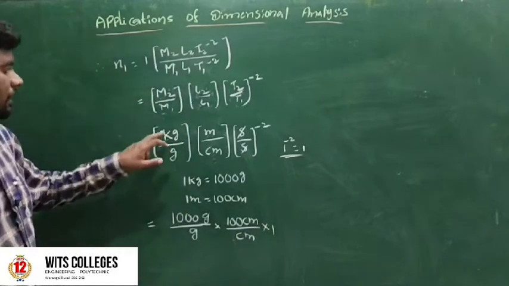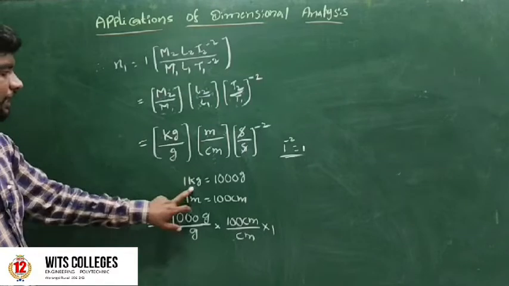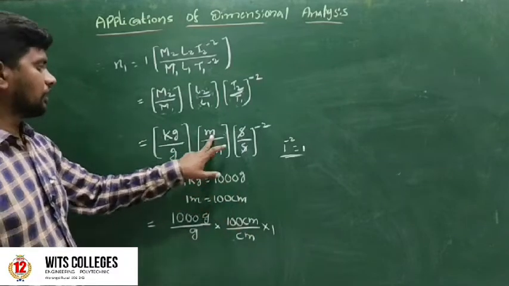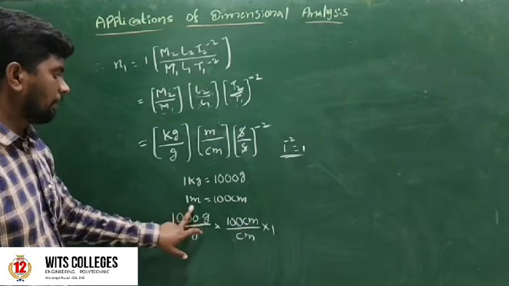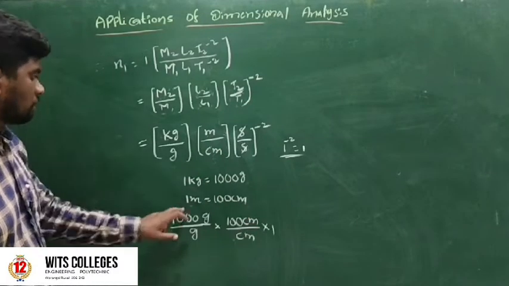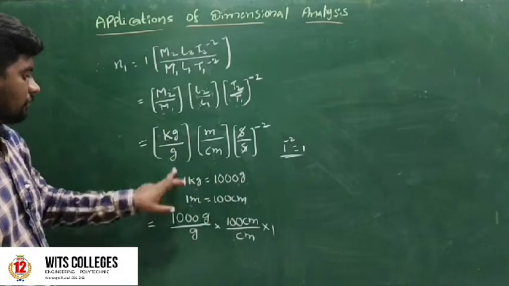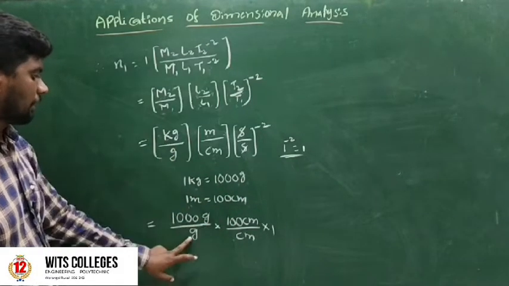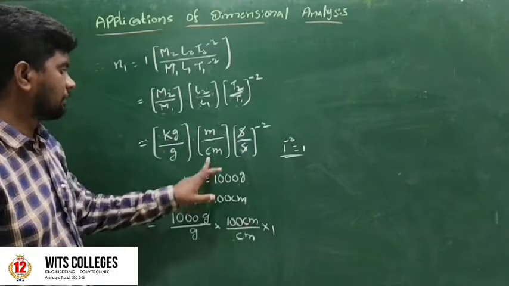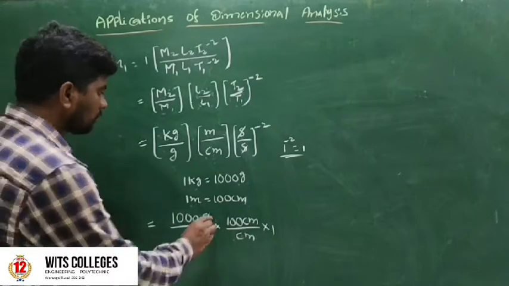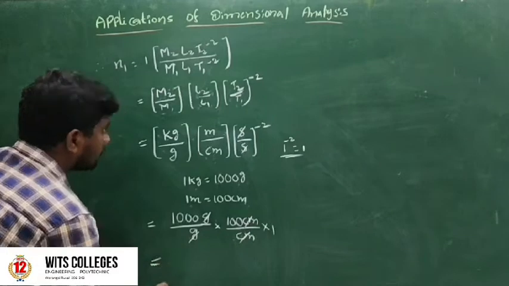Repeat once again. Kilograms by grams: to convert kilograms into grams, 1 kg is equal to 1000 grams. Next, meters to centimeters: 1 meter is equal to 100 centimeters. Substituting this in the equation, 1 kg is equal to 1000 grams by gram, into 1 meter equal to 100 centimeters by centimeter. Gram cancels, centimeter cancels, leaving 1000 into